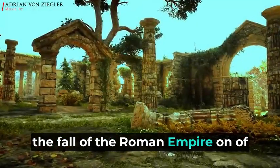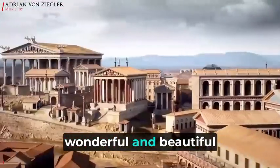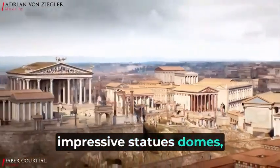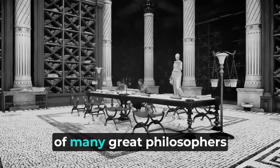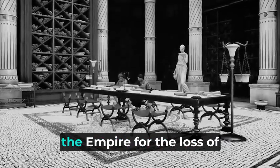There are many reasons why the fall of the Roman Empire is one of the greatest tragedies in human history. From the wonderful and lost beautiful architecture of antiquity, with its splendid temples, impressive statues, domes, great baths, and impressive imperial forums, the lost works of many great philosophers of ancient Greece whose works were kept in many great libraries throughout the empire, to the loss of astonishingly advanced technologies of